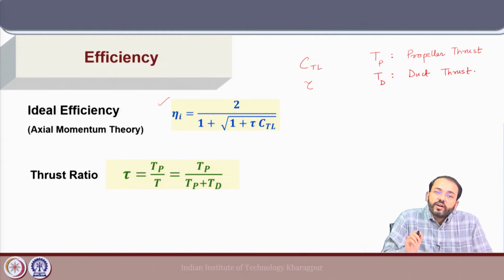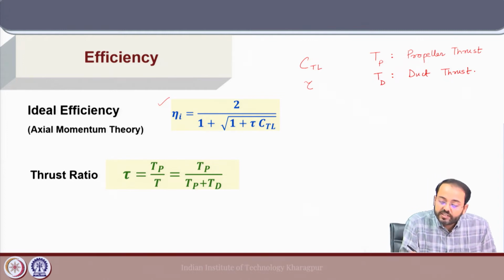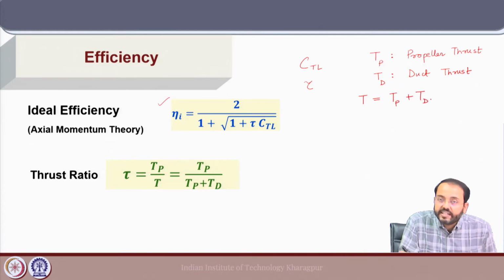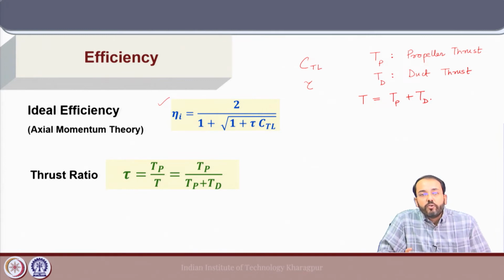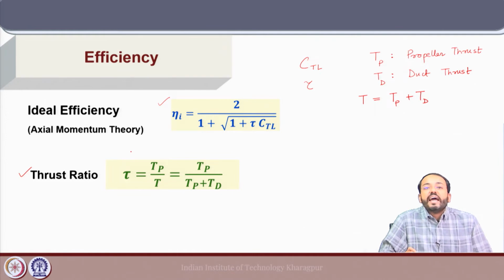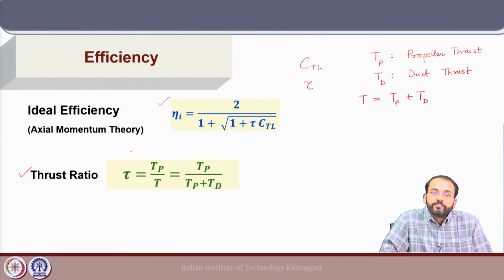So, the duct thrust adds up to the propeller thrust to give the total thrust T equal to Tp plus Td. Now, the thrust ratio tau is defined as the ratio of the propeller thrust to the total thrust, and